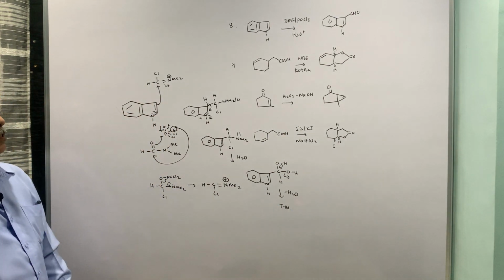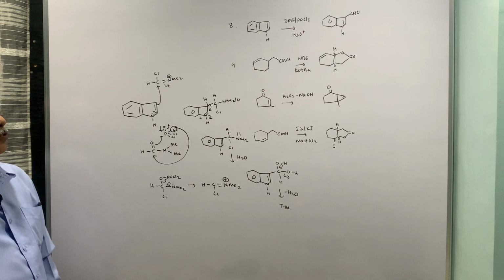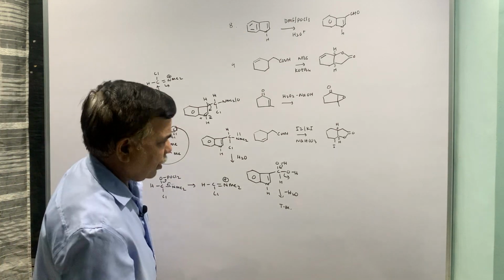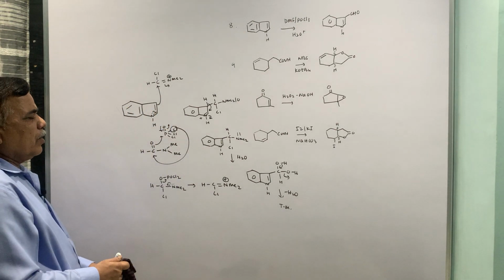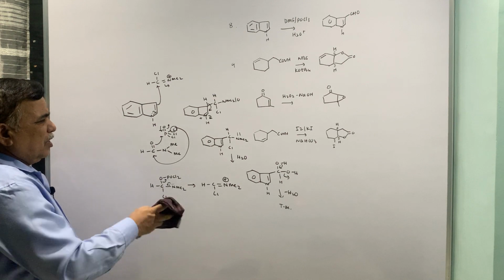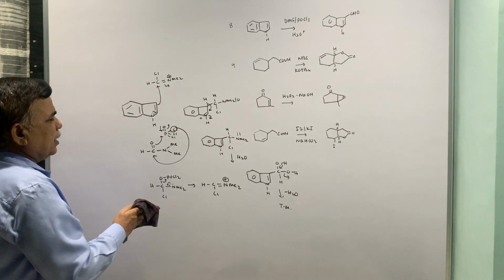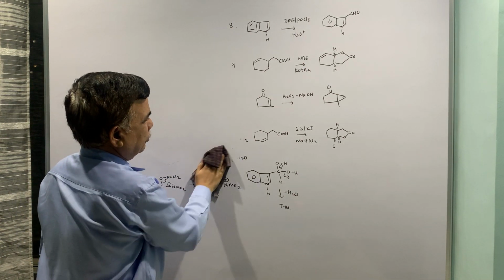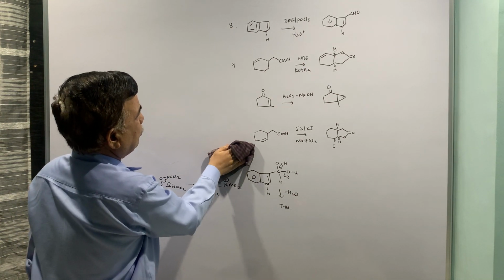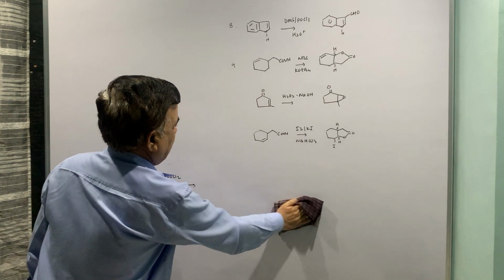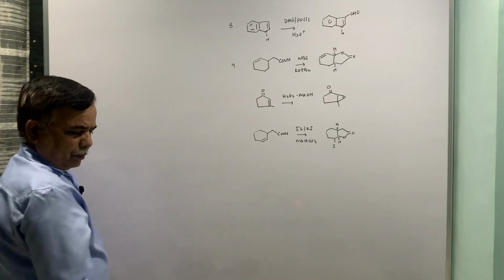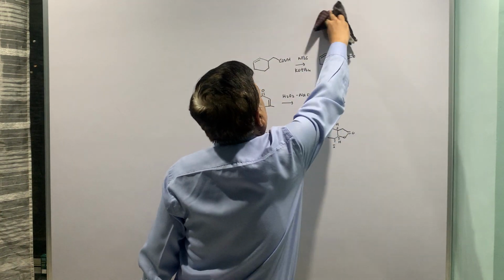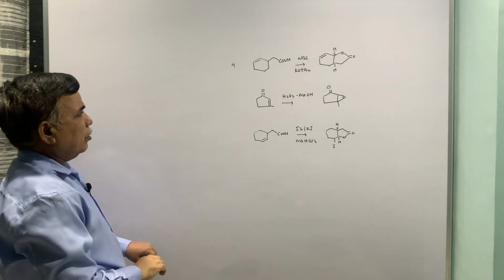3 position is available for electrophilic substitution in case of indole. So, that is the reaction. The overall reaction, Vilsmeier-Haack followed by the aromatization, and all those steps are mandatory. Okay. Now, let me clean this part. Okay. Moving on to 9th example.